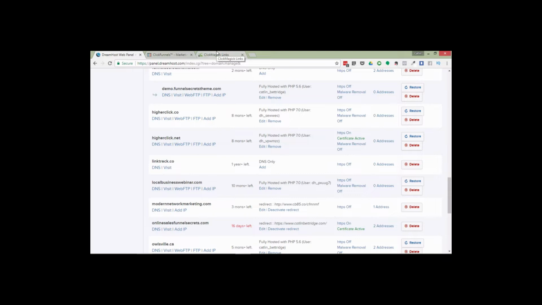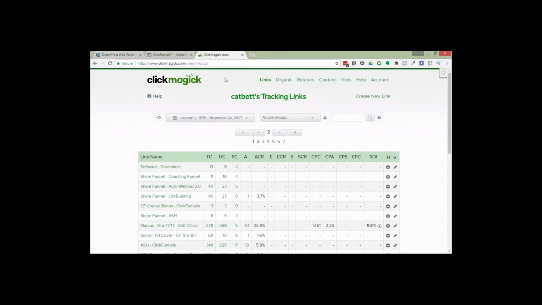Now, why do we need a custom tracking domain? In fact, every time we sign into Clickmagick, there's going to be, at least once per day, a bar that pops up at the top and it says, warning, if you're promoting these links on social media or anywhere, you must use a custom tracking domain. The reason for that is similar to why we want to use custom domains with Clickfunnels, right? If we don't use a custom domain, we can just use our .clickfunnels. Like for me, it's